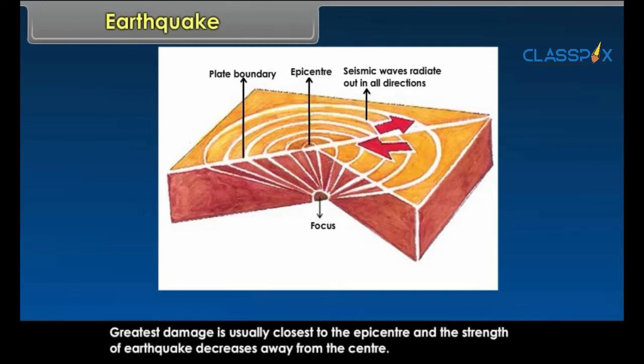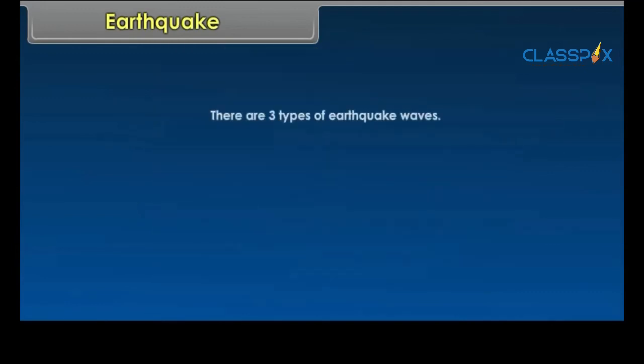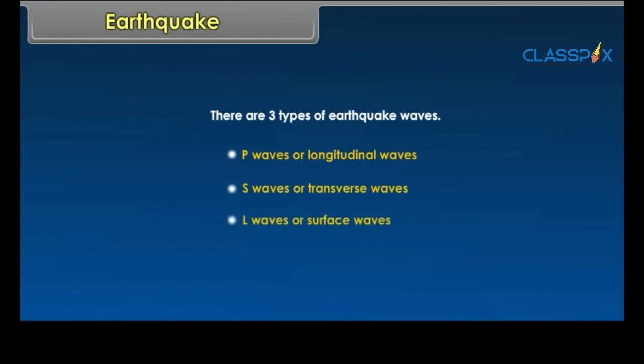Greatest damage is usually closest to the epicenter, and the strength of the earthquake decreases away from the center. There are 3 types of earthquake waves: P waves or longitudinal waves, S waves or transverse waves, L waves or